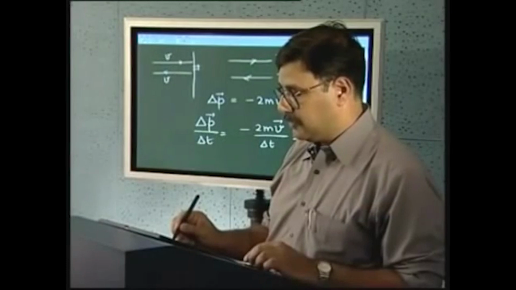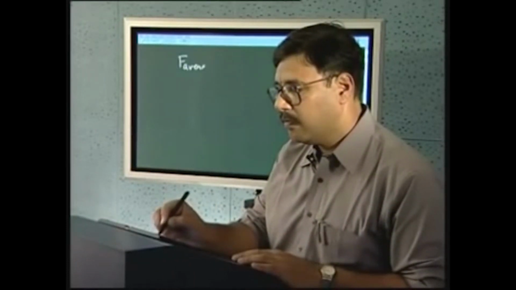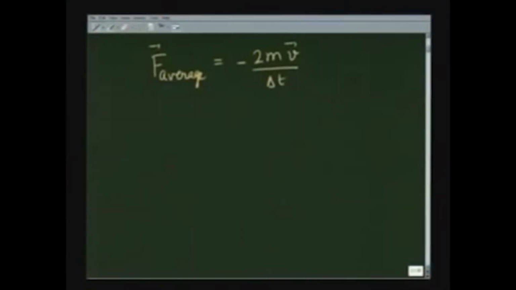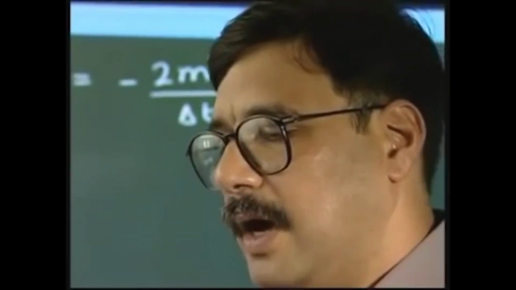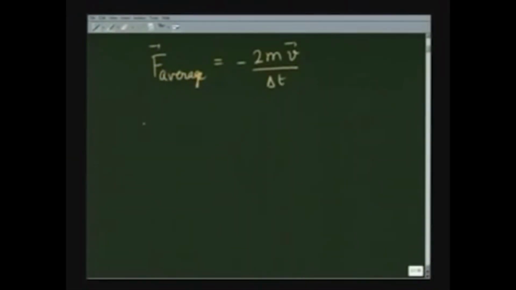Let me now ask, is this average force that I have written as 2 m v over delta t with a minus sign here, same as the force at different instants? The answer I do not know, but let us try to find out. Let us model the ball hitting this wall as if it gets squeezed in a simple manner like this,